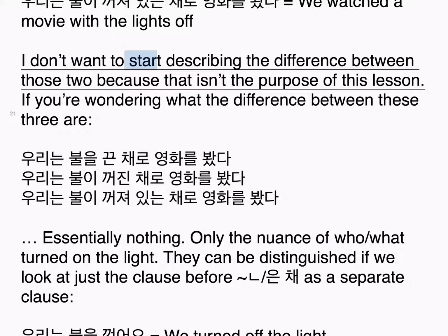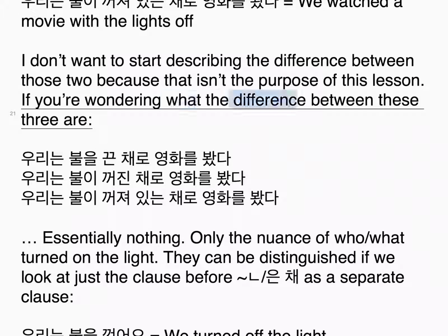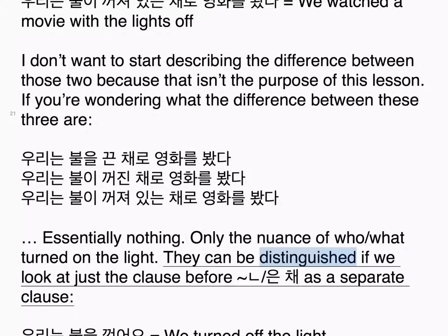I don't want to start describing the difference between those two because that isn't the purpose of this lesson. If you're wondering what the difference between these three are, 우리는 불을 끈 채로 영화를 봤다, 우리는 불이 꺼진 채로 영화를 봤다, 우리는 불이 꺼져 있는 채로 영화를 봤다, essentially nothing, only the nuance of who turned off the light. They can be distinguished if we look at just the clause before